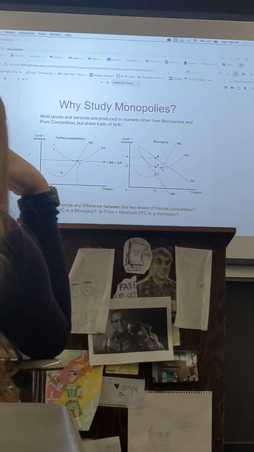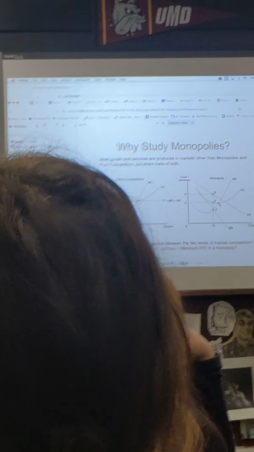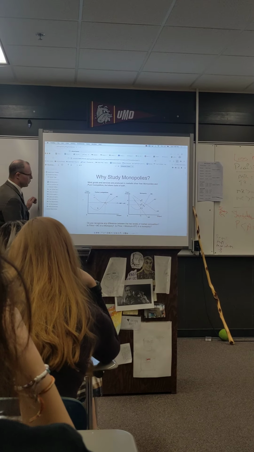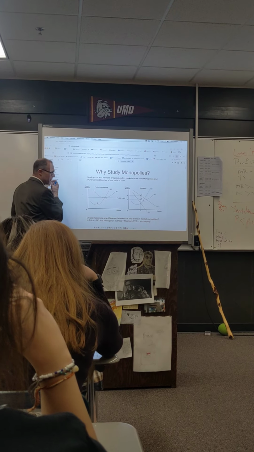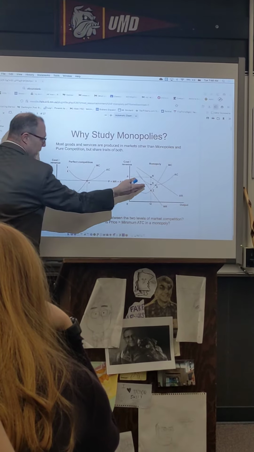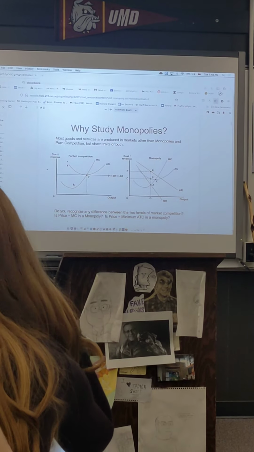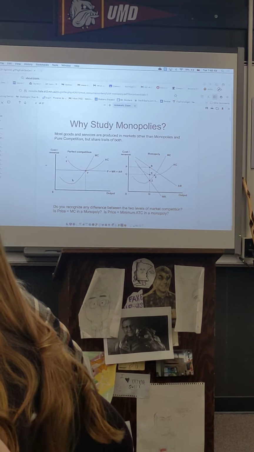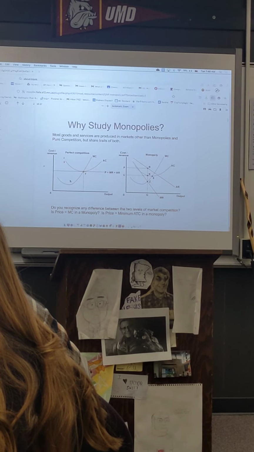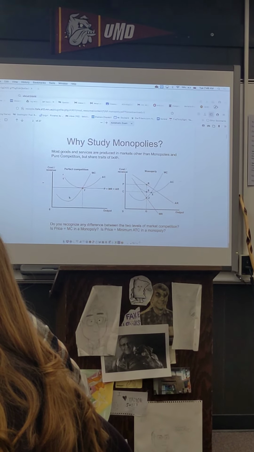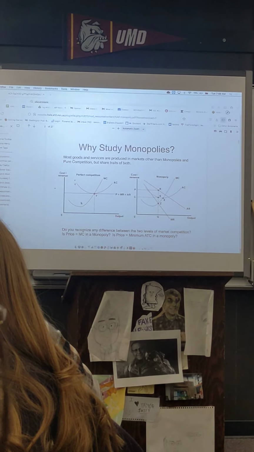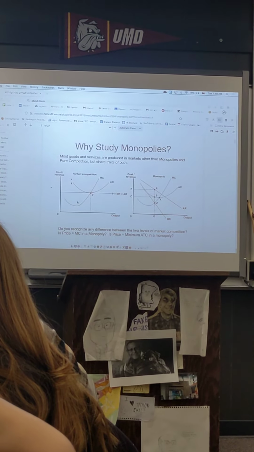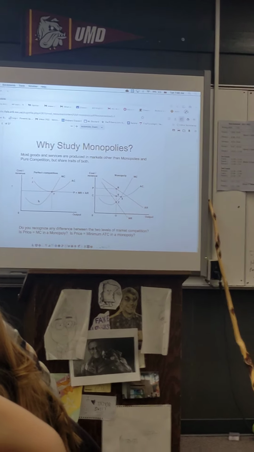Now, it's imperfect competition. Everything's imperfect competition besides pure competition. Right away, we know that's pure competition. We know it's the long run equilibrium, all right? And right away, when I look at this, that could be either a monopolist graph, or it could be an oligopoly graph, depending upon which one. And it could also be monopolistic competition. I'll show you over here in a second, but